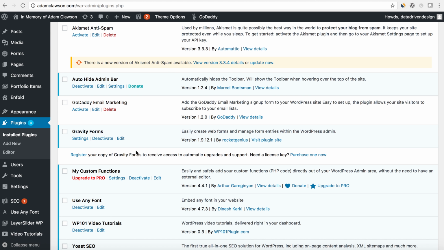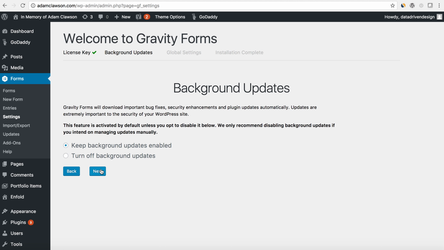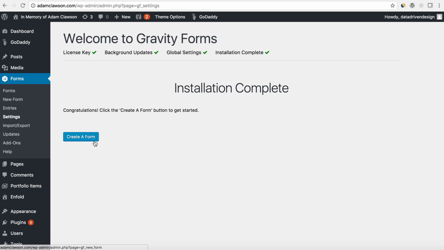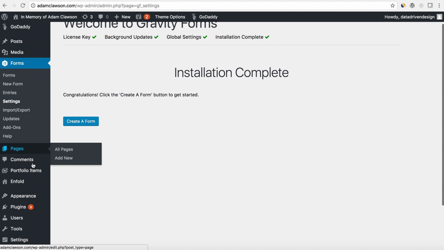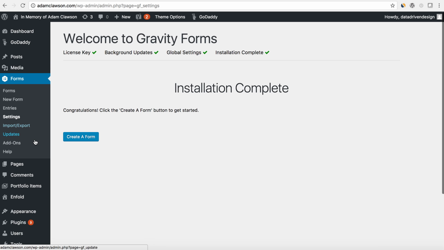And I know that there may not be a form submitted on this particular website, but I'm just going to go ahead and get Gravity Forms set up anyway. And then what I'll do is I'll walk you through the rest of the Enfold theme configuration so that you can do your design and stuff. So